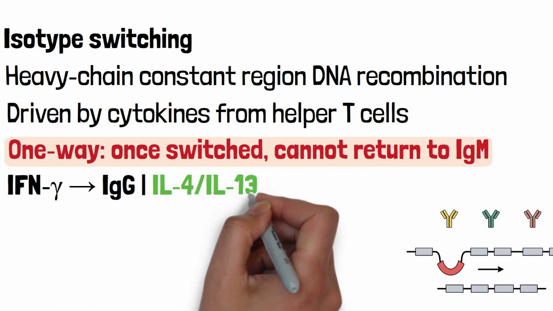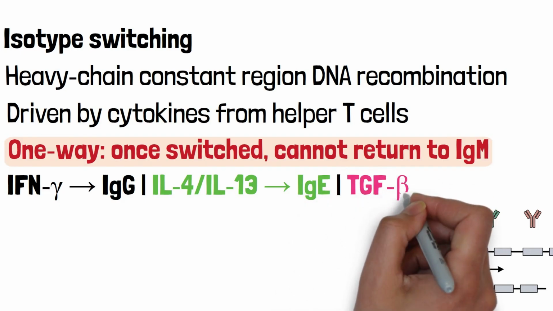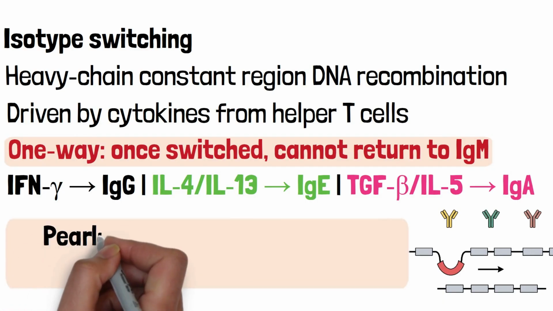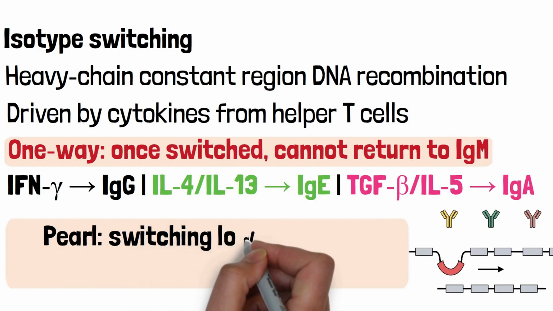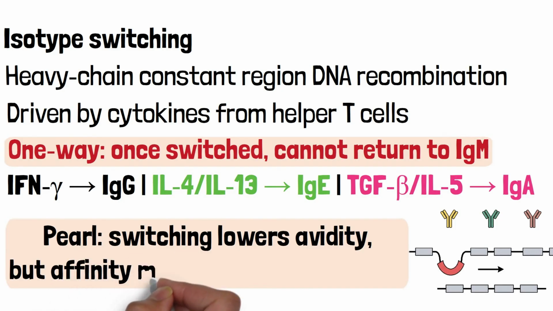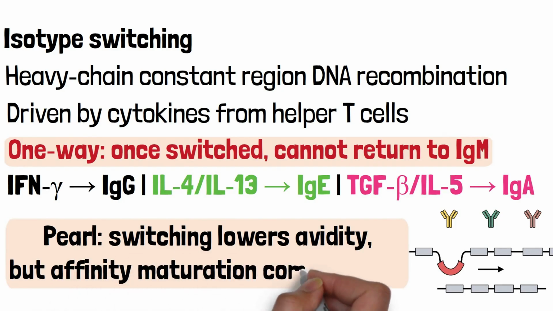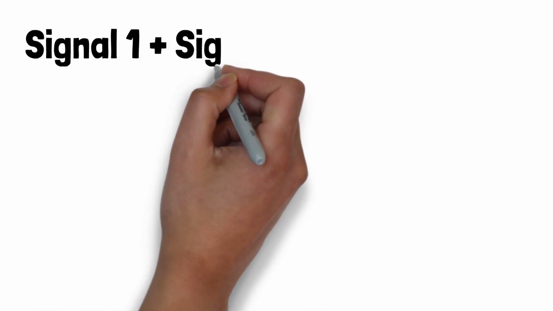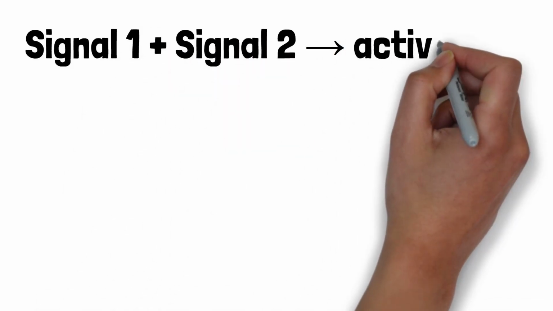IFN gamma drives switching to IgG for opsonization and complement fixation. IL-4 and IL-13 drive IgE for mast cell, basophil, and eosinophil responses, and TGF-beta together with IL-5 drives IgA for mucosal immunity. And here's the pearl that ties affinity maturation and isotype switching together. Switching classes actually lowers avidity because the Fc portion changes, but affinity maturation compensates by making each individual binding site stronger. So that's the complete two-cell story, from APC to T cell's signal 1 and signal 2 all the way through to